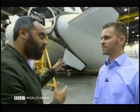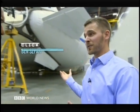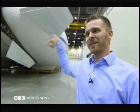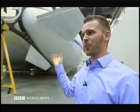We had the opportunity to go inside that airship. Normally, you wouldn't be able to go inside it. A human being wouldn't be able to go inside it, would they? That's right. It's full of helium, so it's hard to breathe in there. You have to wear oxygen masks and do that kind of thing to get inside. Also, it's very hard to plug a hole on the top of the airship from the inside of the airship. There's no way to get scaffolding up there to get up to patch the hole. So patching it with a robot from the inside allows you to patch those holes without having to climb on